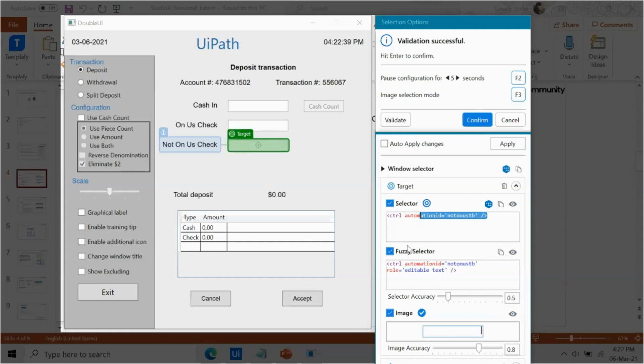In case there are certain fields which have similar properties and there is not much difference in them, then you can choose fuzzy selector instead of selector, and then you can also provide the selector accuracy, which ranges from 0.1 to 1. 1 is the most suited match, whereas 0.1 is the least suited match.